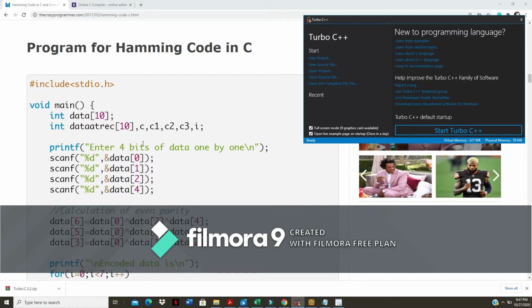Okay, so also another thing you should know, we cannot use it for burst errors. Okay, it can detect 2-bit errors, and it can correct a single bit error. Okay, so while running the programs also, we are going to see only single bit errors, whether it is detecting the single bit errors.